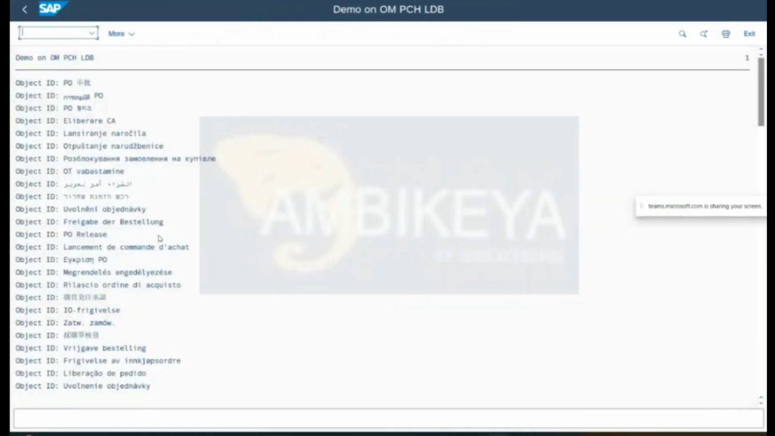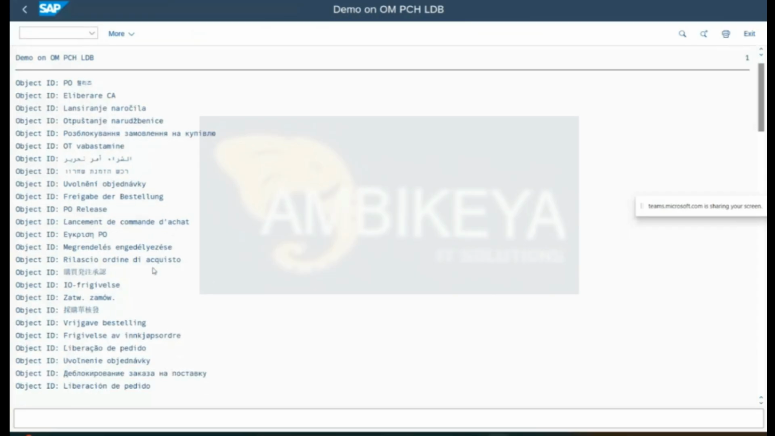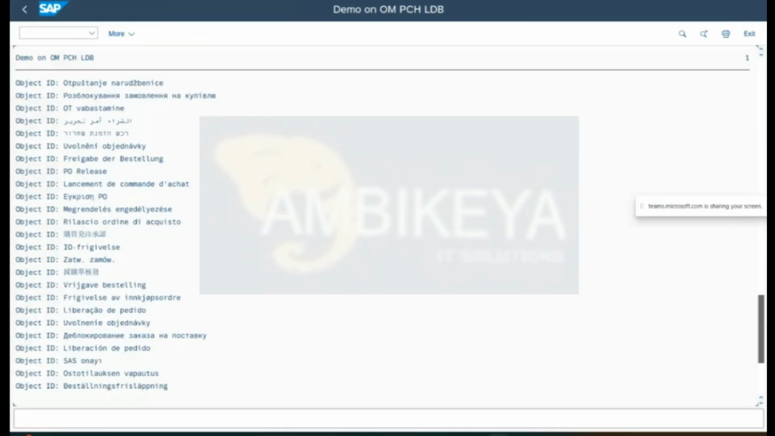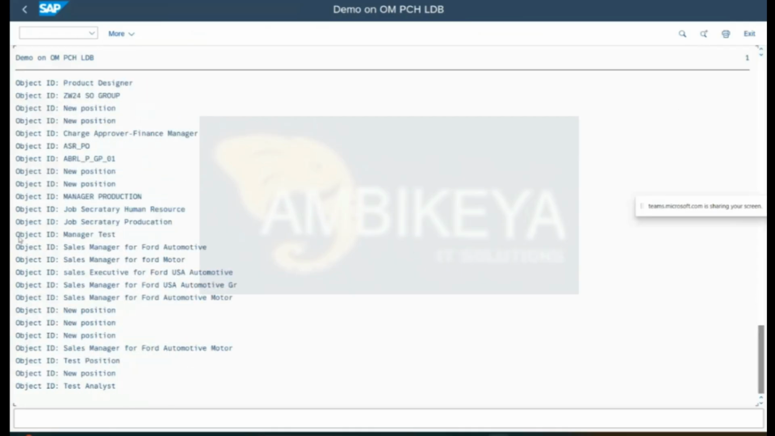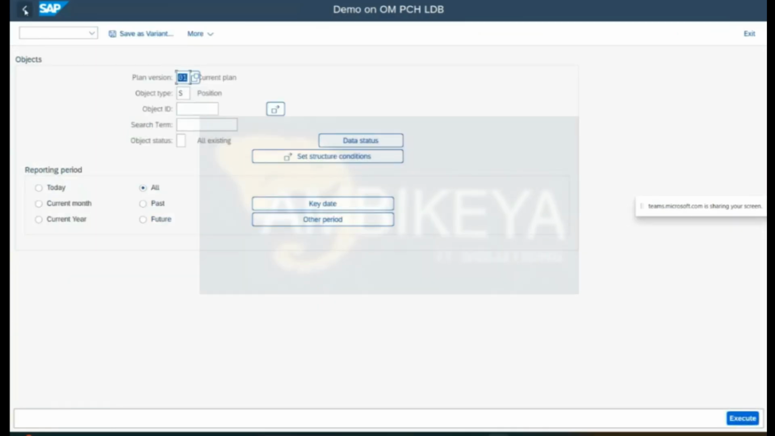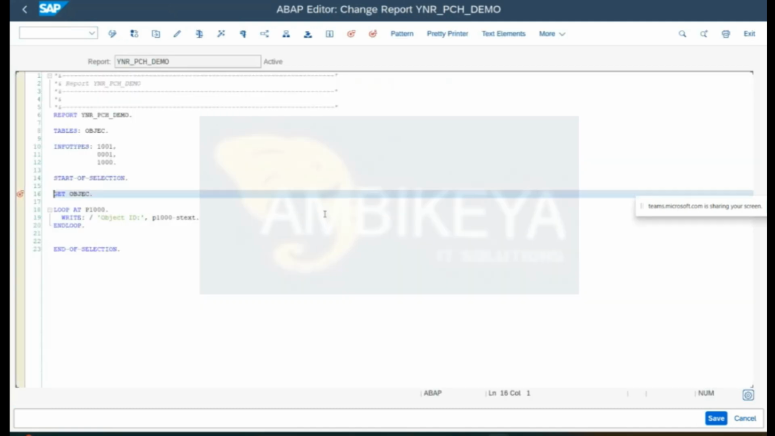Let me execute. You get all the object IDs from the program, independent of language. Yes, correct. So it displayed all the things dependent on the language field. I just displayed only the short description. And there is a second one. So this is how you can